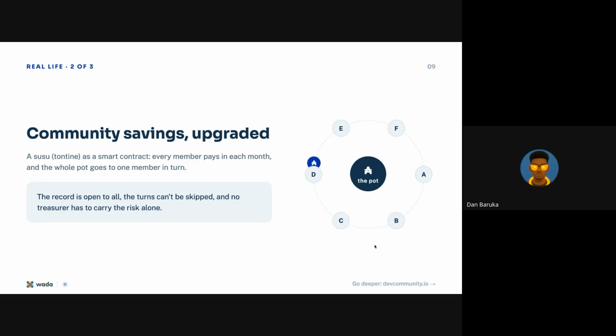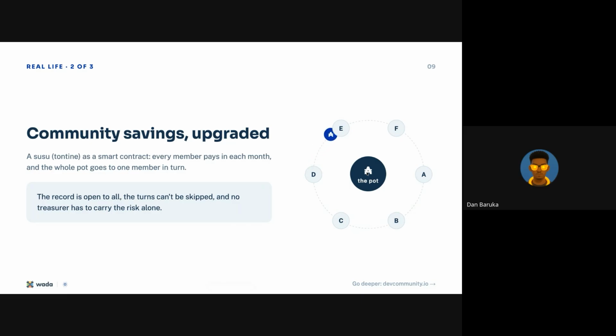But here with the smart contract, no one holds the money, no middleman. You just trust the smart contract. You can even deal with people you don't know, as long as they have signed the money into the smart contract. So how does it really work? The middleman is replaced by the smart contract, and all members deposit. Once 100% of members are in the smart contract, the smart contract sends to the first person, and the second, and the last, until all the members have received. This is a very good sample of how the smart contract works.